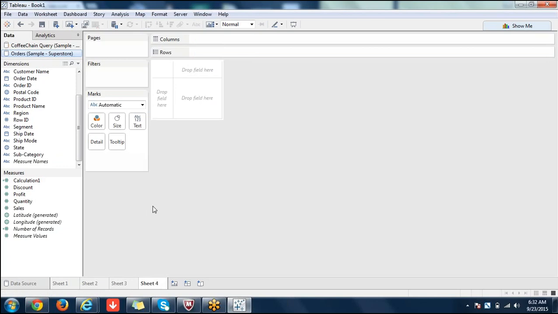There is nothing called a full outer join. That is, you can't pull a complete set of data from both data sources in blending. Please remember that. If you have 10,000 rows in both data sources, you will never ever see all 10,000 rows from both data sources unless there are matching records. So that's how it is.